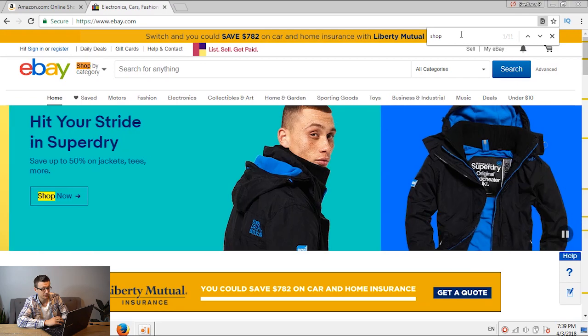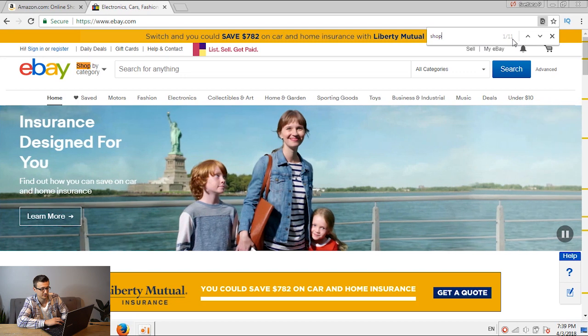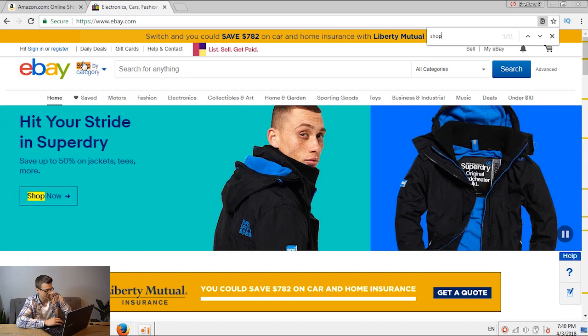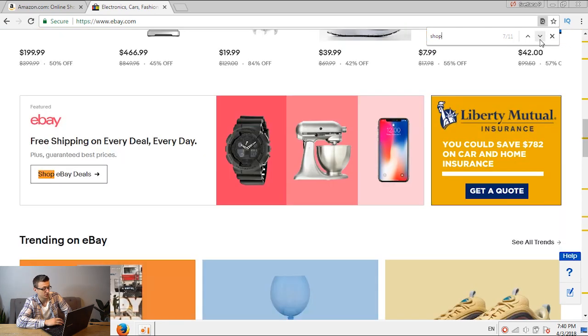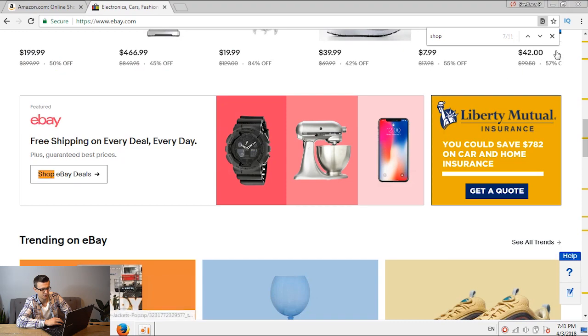And in eBay, apparently it's better to shop in eBay. Look at all the shopping you can do in eBay. It's twice as much as Amazon. And there you go. The word shop right there is highlighted in orange, and the rest of them are highlighted in yellow. So you can just toggle the button right here, it will scroll through the whole page, showing you every single place where the word shop is located on that page. And then of course, to exit out of that feature, you just press the X button and that cancels out